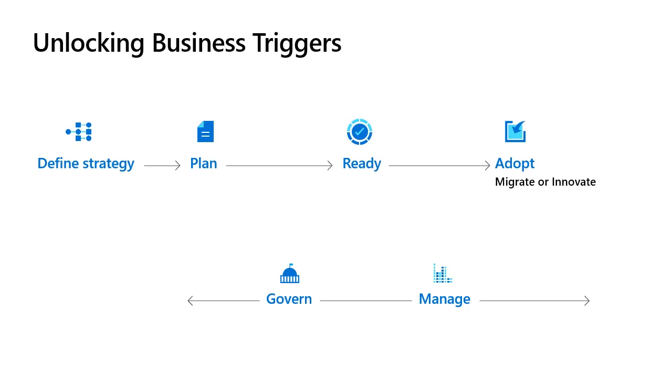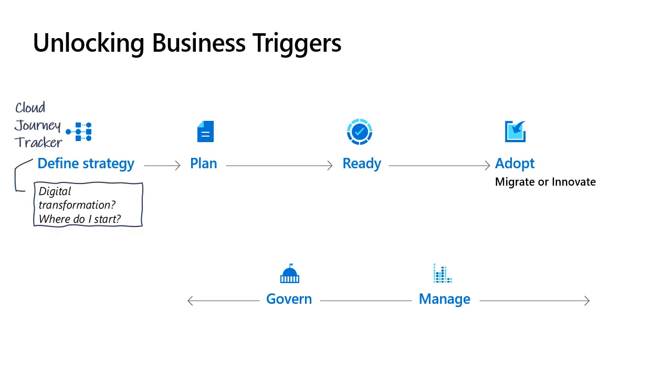Now, it also unlocks a lot of business triggers. If you go through the cloud adoption framework, there are a lot of questions that will actually pop up. So one question is, for example, okay, we've heard about digital transformation. Where do I start? There's a tool under the define strategy phase of the cloud adoption framework called the Cloud Journey Tracker. I'll show you how to access that tool and also how to evaluate yourself against the cloud journey. You have to start somewhere, right? So for example,